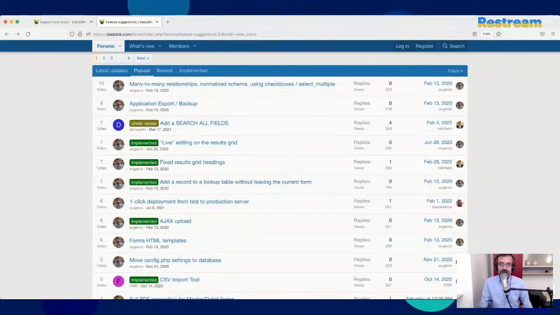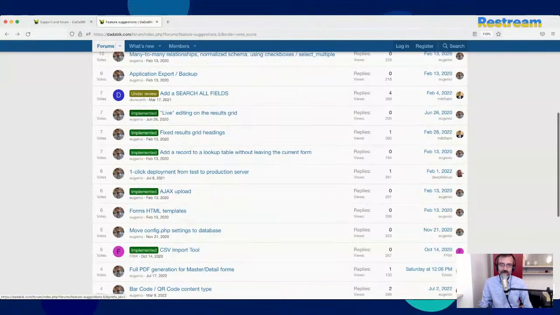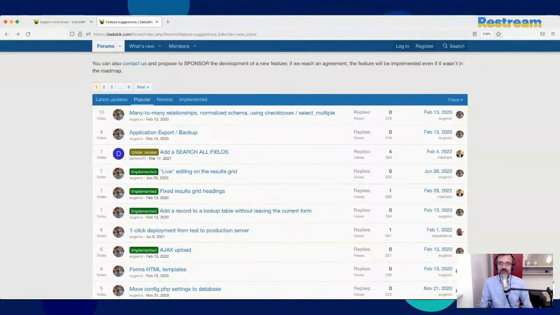Then, as you can see, a lot of the most requested features are now implemented. Add a search all fields. This is under review. The idea here is to have a search box close to the quick search form where you can, in a single box, add some words, some terms, and search in all the fields.